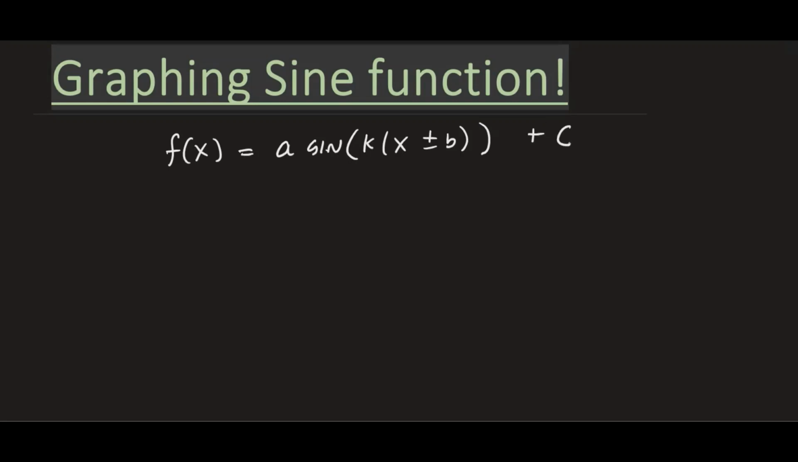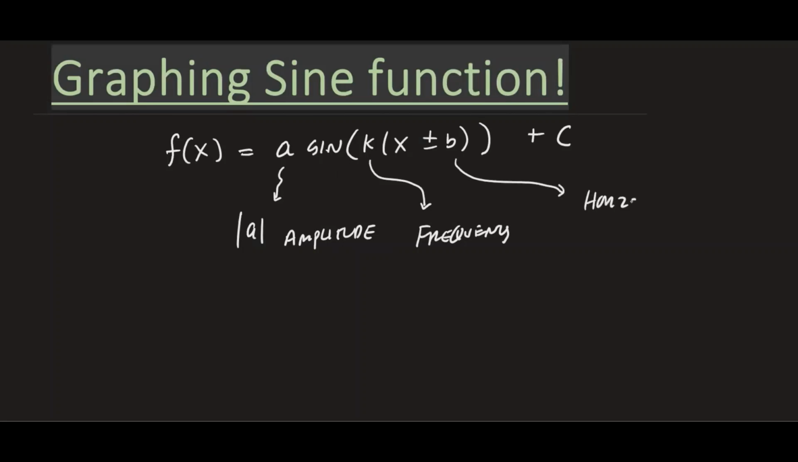Now here you have to remember what these components are. a in absolute value represents the amplitude of this function, and k gives us the frequency of the sine function, and b represents the horizontal shift of the sine function, and c, of course, is the vertical shift. This can also be plus or minus. So knowing that from transformation of functions,